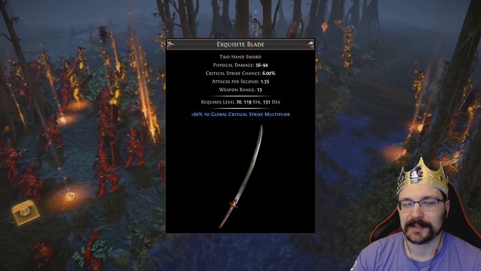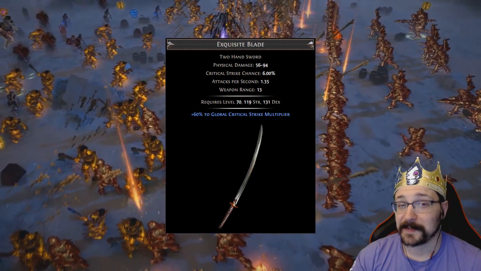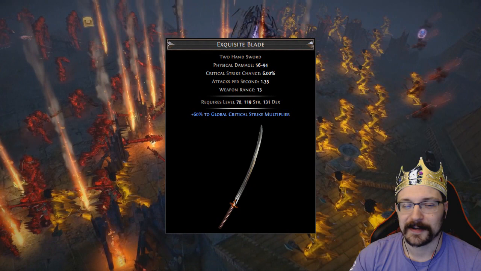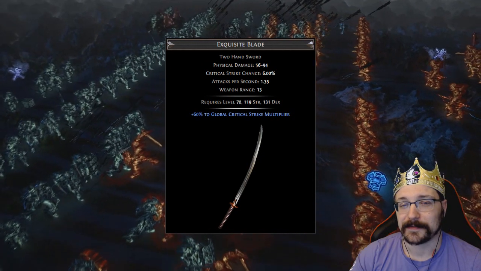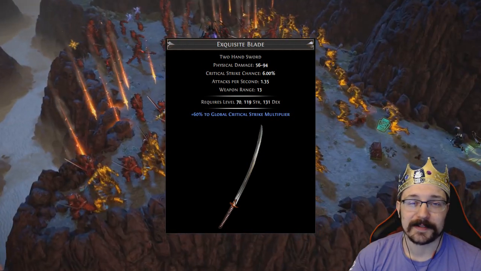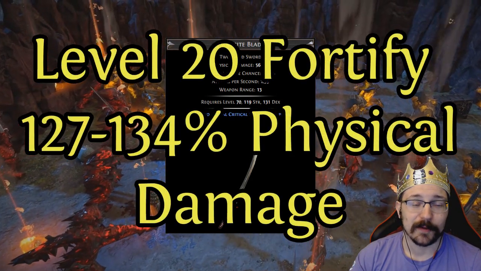You might be thinking, but I've heard Starforge is really good, and it's so expensive right now. If it's not the best, why is it so expensive? Well, it's very rare, and it does give you 100 life and a little bit of area, but the Exquisite Blade will give you significantly more damage. And the reason for this is because on the Exquisite Blade, you can get percentage physical damage hybrid with level